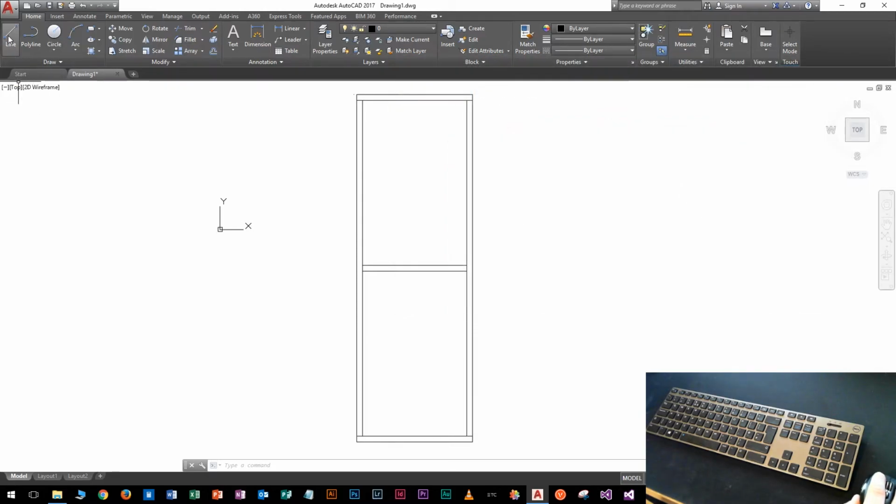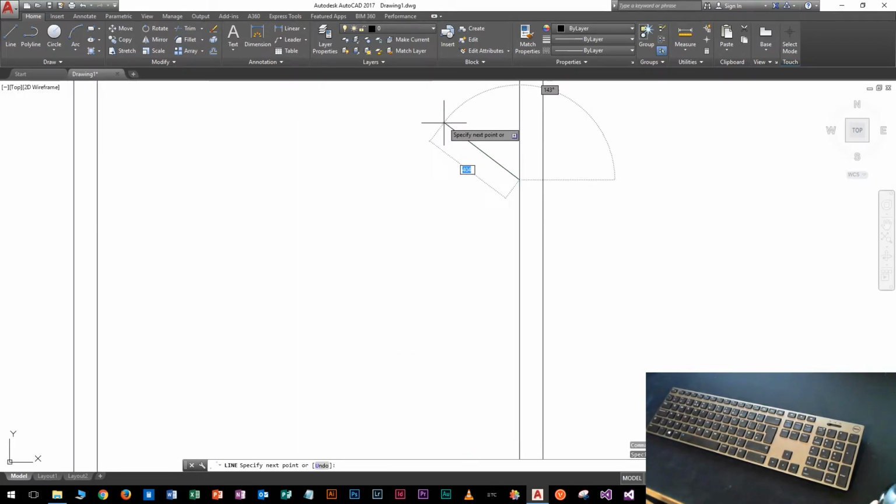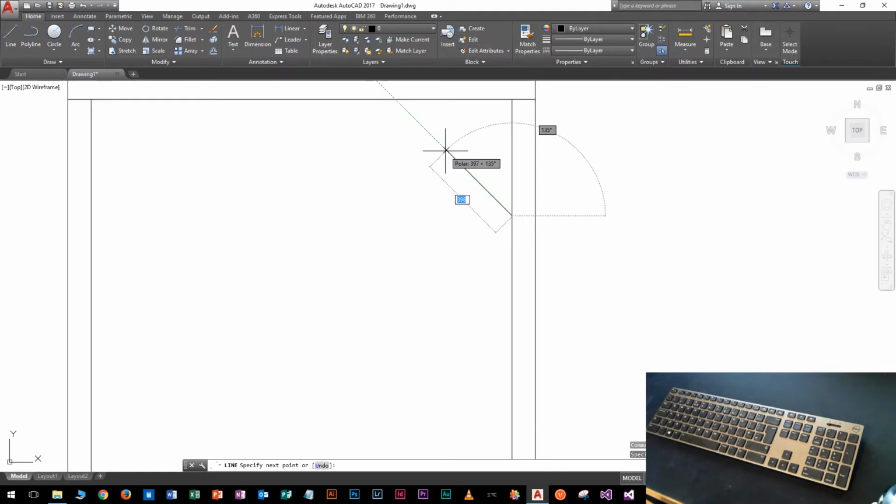I'm going to get my line tool, I'm going to again hover over the corner, making sure I've got the green square, pull straight down, type in 500, and I now know that I'm drawing 500 away from that corner, and if I move my cursor around, it will snap to 45 degrees, and that's because we set 45 degrees in the track settings. And once that's all lined up,